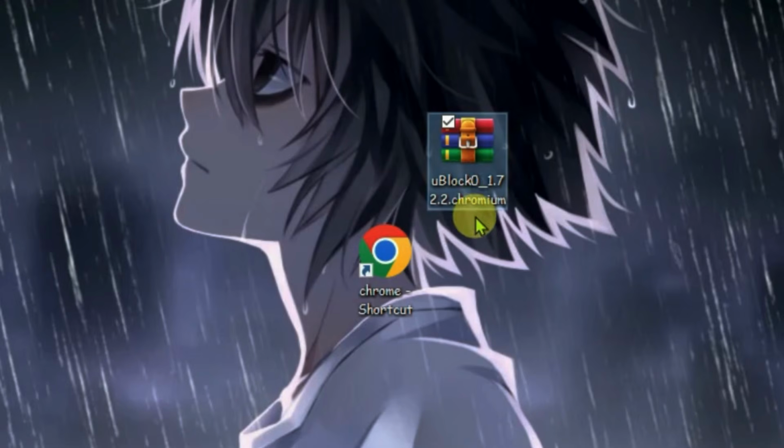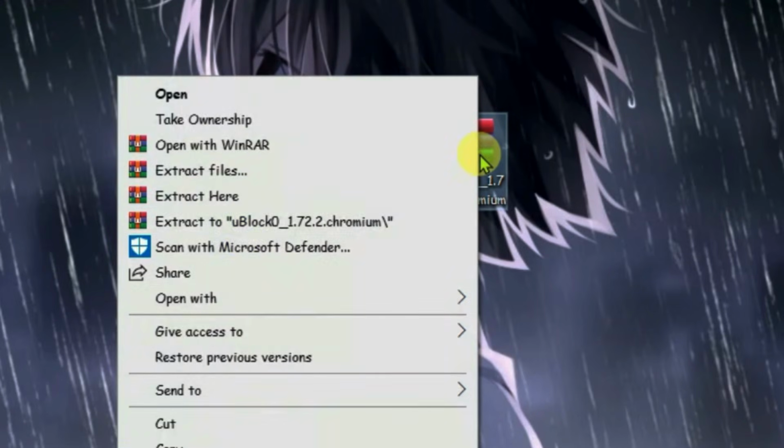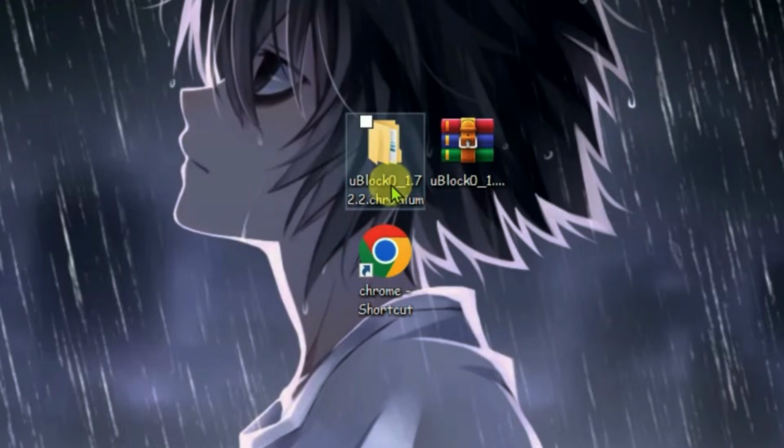And it's here, Ublock 1.72. It's in zip form, so right click and extract. Here you've got the extracted folder, just keep it like this, and now go to Chrome and click on the